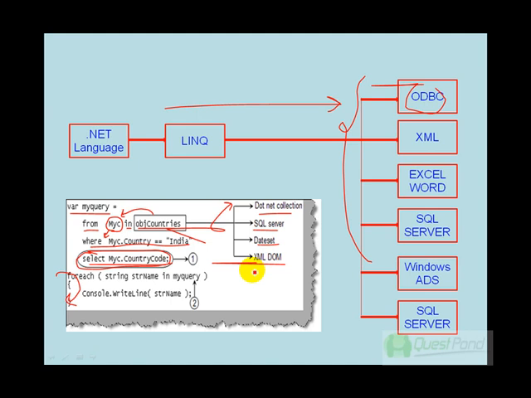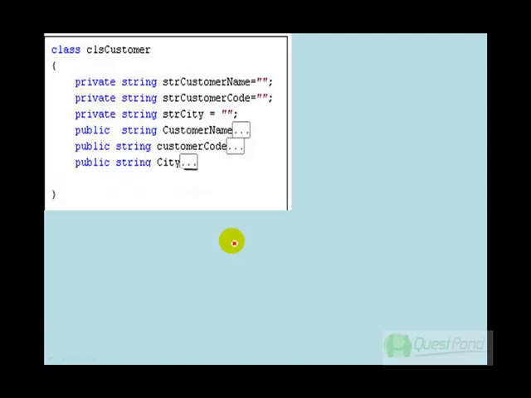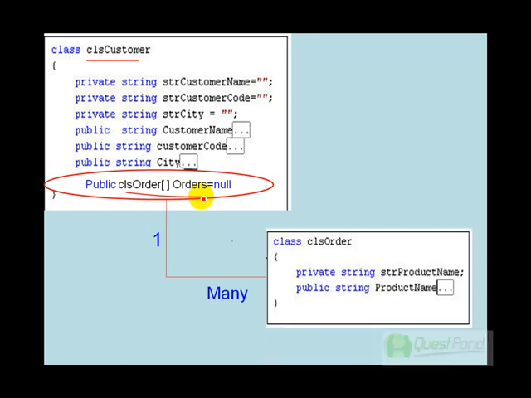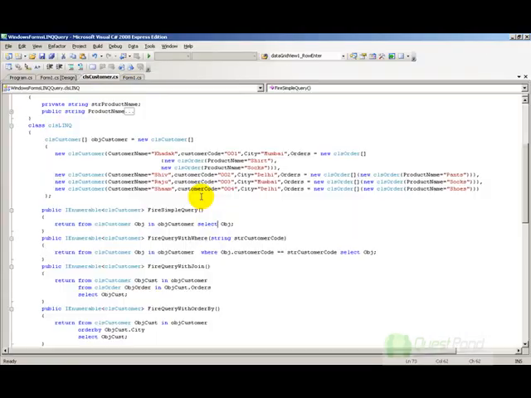Now what we'll do is go through a simple sample and try to understand how LINQ actually works practically. So let's do a small sample so that we can understand LINQ in a much better manner. We will make a customer and an orders collection. In other words, we'll be making a customer class, and this customer class will have a lot of orders collections. There is also an order class, and there is a one-to-many relationship between the customer and the order. So here's the source code.